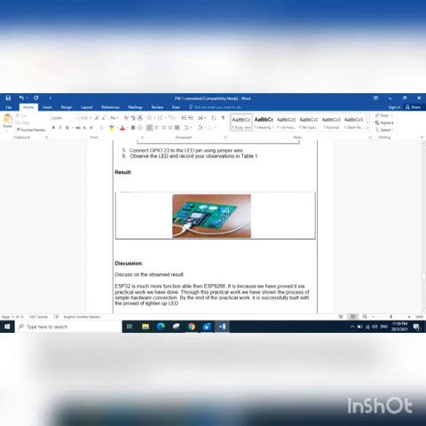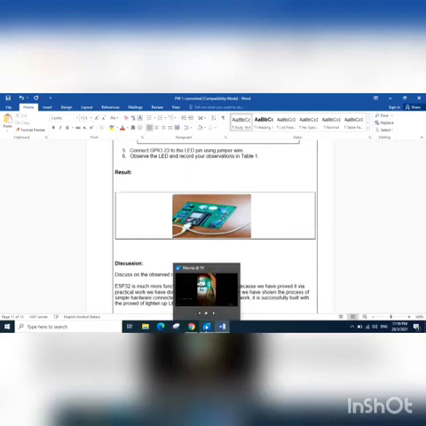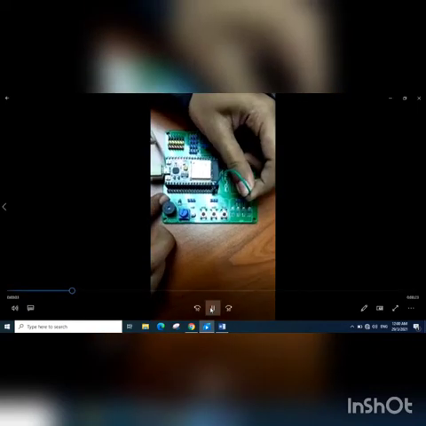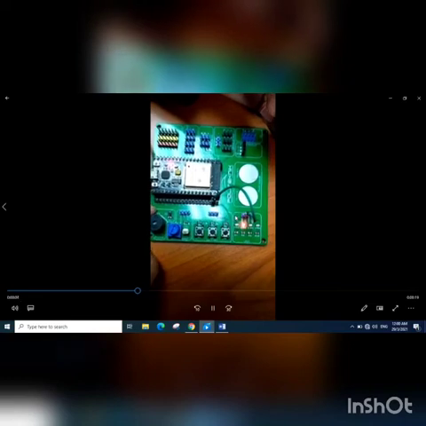So we can see the LED light up in the picture. For example, we can see in our video there are four color LEDs: LED 1, LED 2, LED 3 and LED 4.